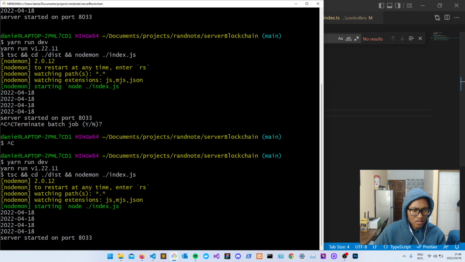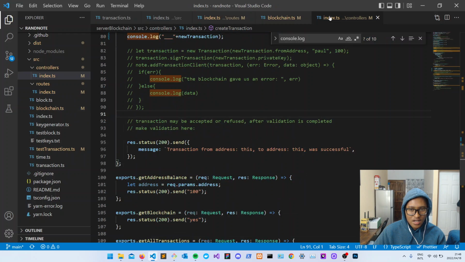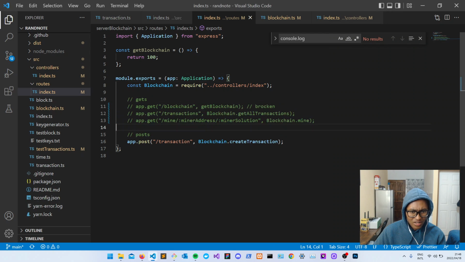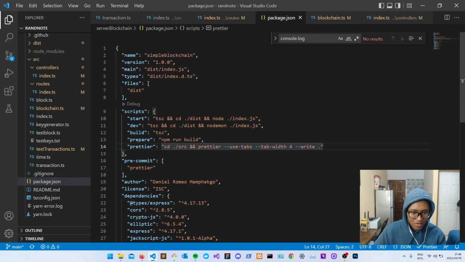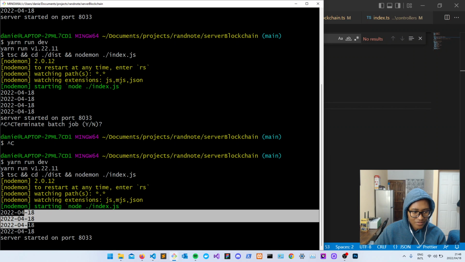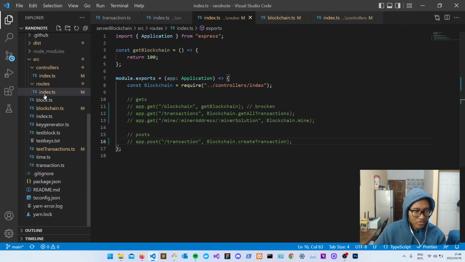Wait. Legit, I commented all of this out, but I still get this. I don't understand. So is it not coming from this? Let me just make sure with that. And I can attest to what I'm doing because when I do run dev, I run a TypeScript compiler and I go into the dist folder and I run the actual JavaScript file. So that means that I'm not doing anything wrong in the package.json file in terms of running my project. So that means that